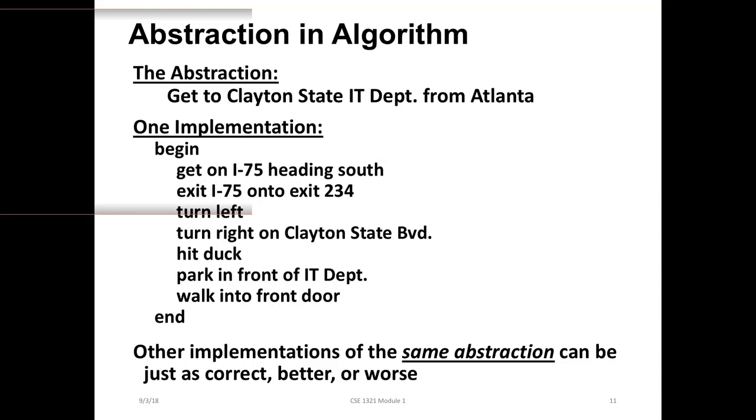So I am getting on I-75. Okay, but I-75 has at least two directions, either south or north, or east or west. We know here that I-75 has two directions, south and north. So your algorithm and your direction should precisely tell us whether you have to take the south direction or the north direction. Instead of telling that, your algorithm is not correct. Your algorithm is not unambiguous.